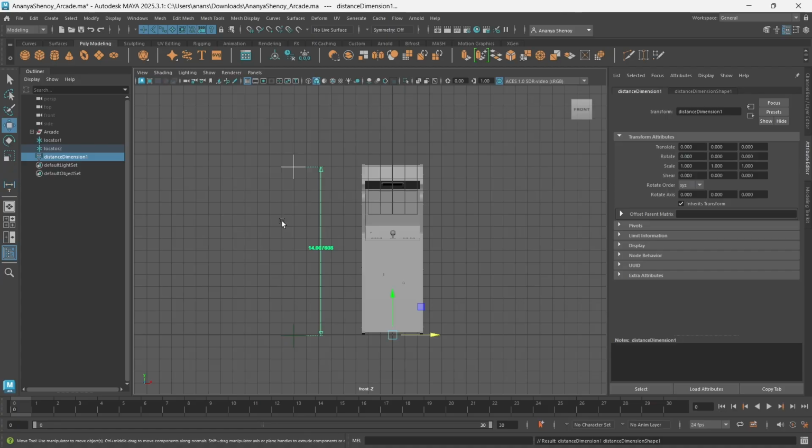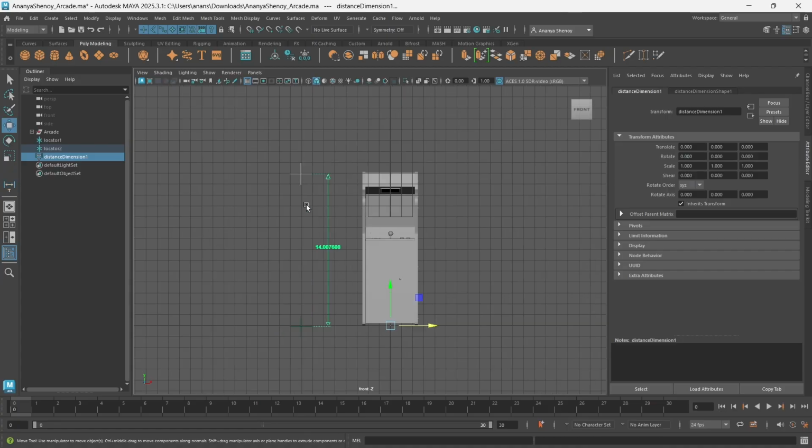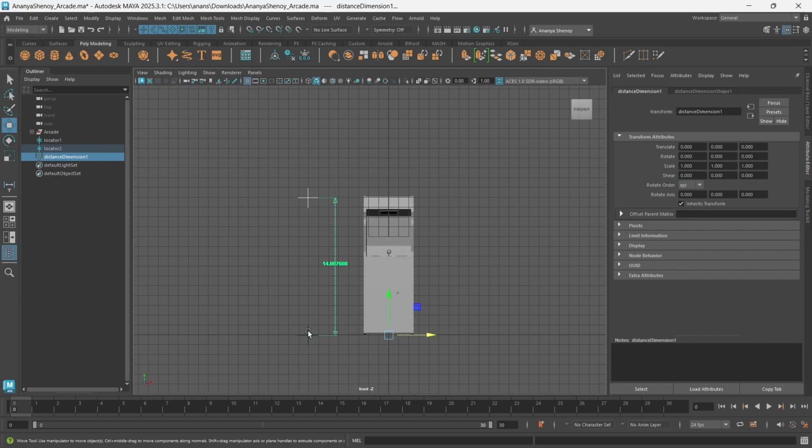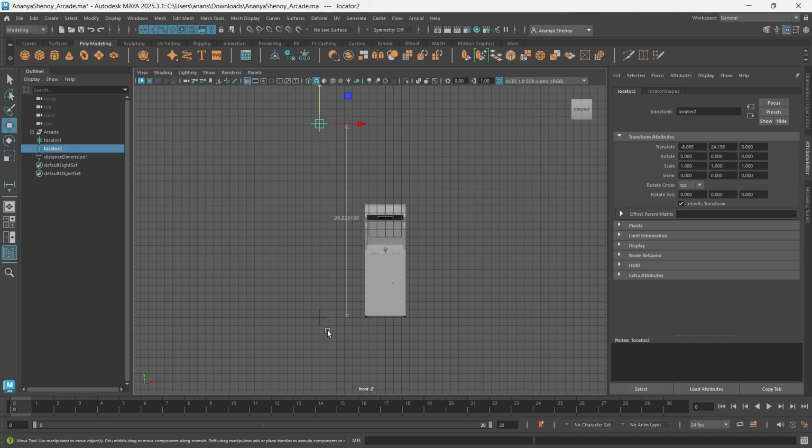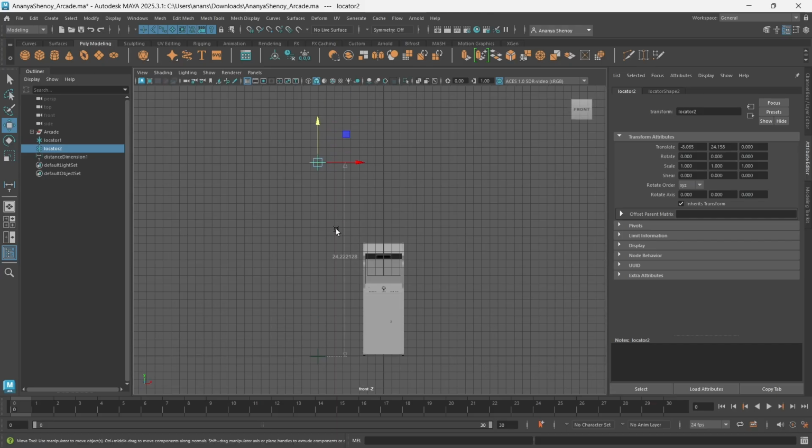I'm going to click on enter, and I'm going to look at these locators. So I have locator 1 and locator 2, and I have the distance between them. If I select locator 2 and move it up, you will see that this number keeps increasing.